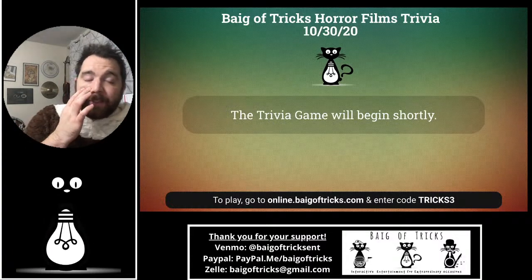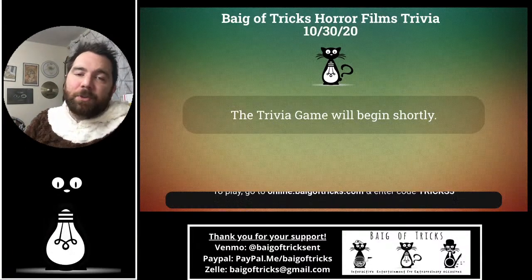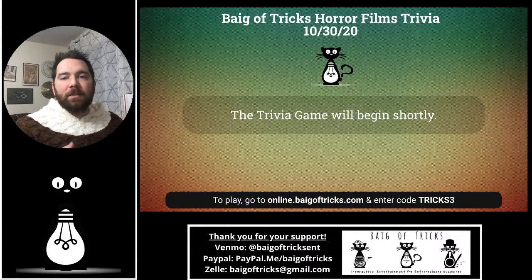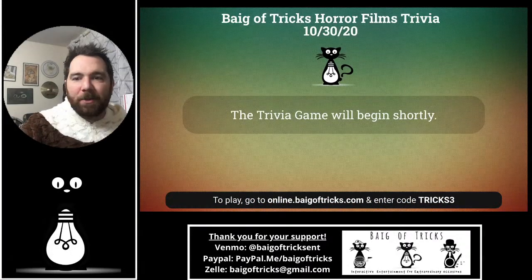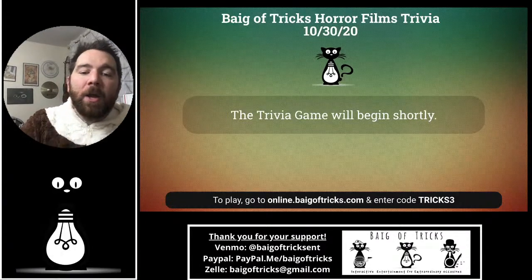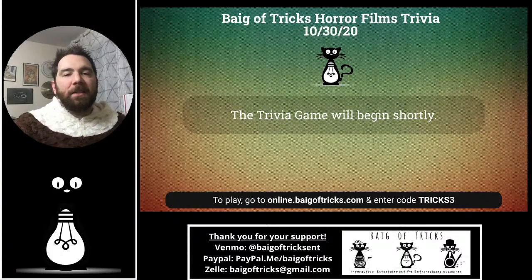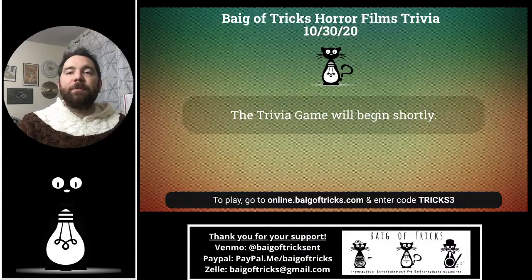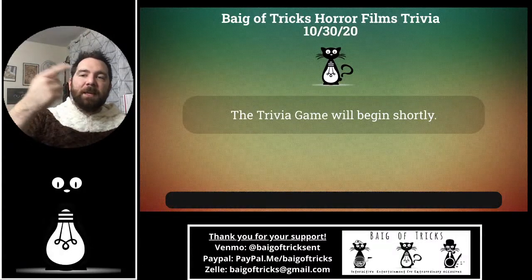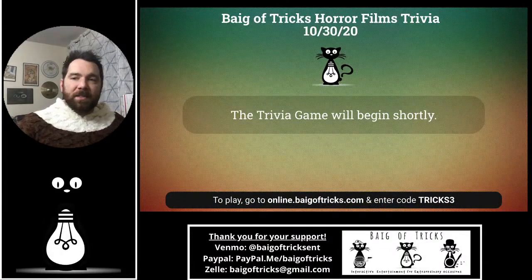How it's going to work, I'm going to ask you a question. For the first round, it's going to be multiple choice. So once I ask the question, I'll start a timer. Once that timer starts, which is a 25-second timer, you have until the timer hits 0 to answer. For the multiple choice round, you'll see 4 options appear. It's going to be A, B, C, or D. One of them is always the correct answer.